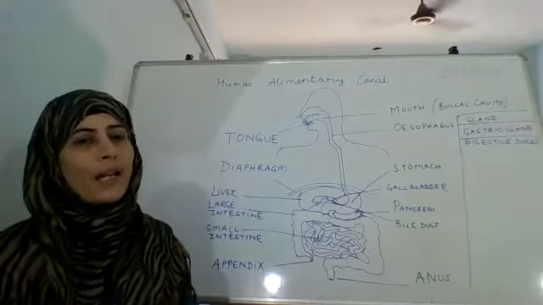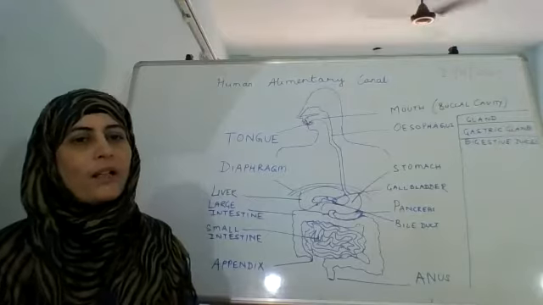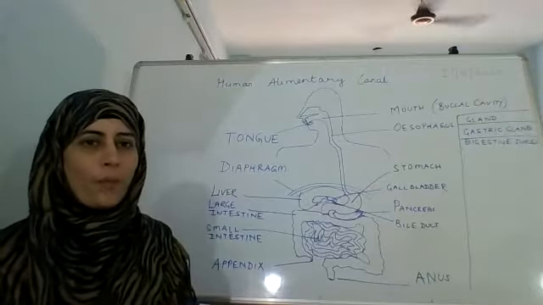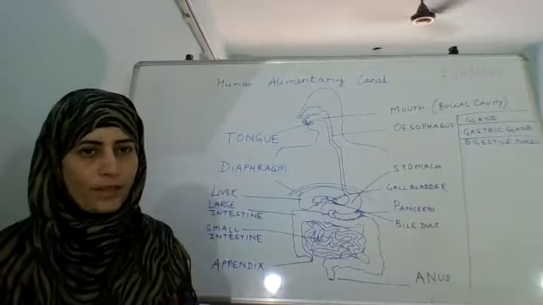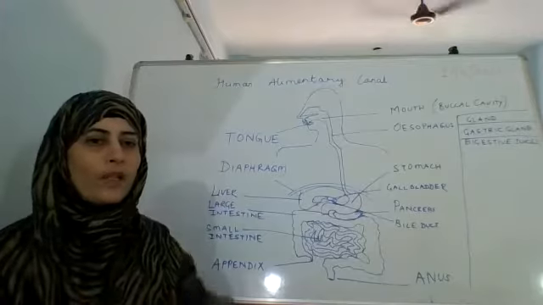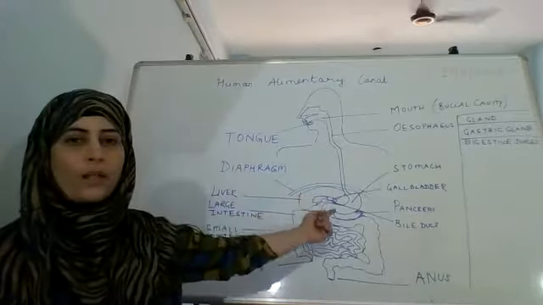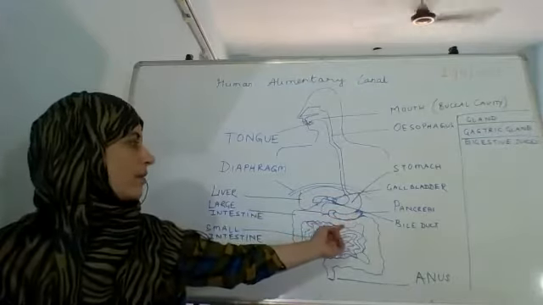What does the hydrochloric acid do? It creates an acidic medium so that the enzymes can function properly. What is the function of the enzyme? To break down the proteins. Further, there is the mucus, which protects the inner lining of the stomach. Okay.